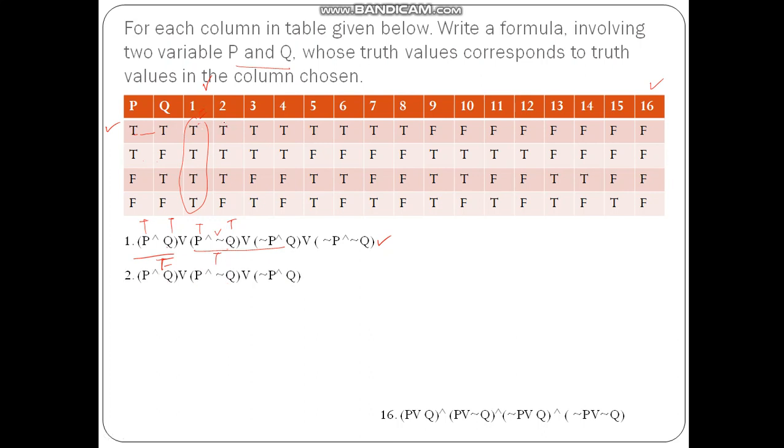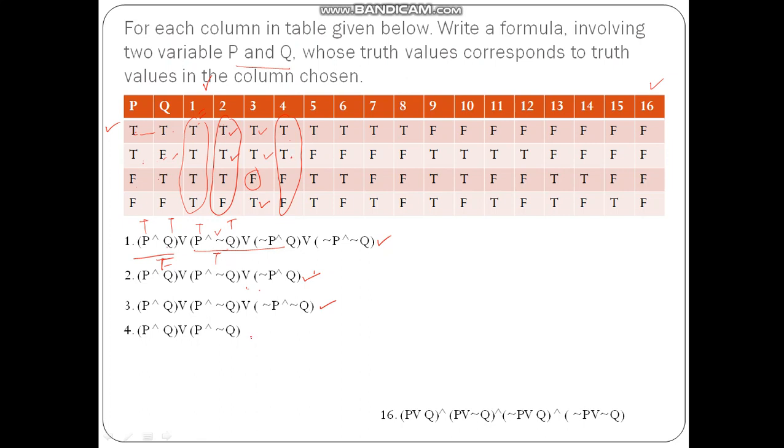The second one is this one. So this is P and Q, this is P and not Q. Whenever Q is false, at that time I am taking it as not Q and P. So this is the second formula. You can consider the truth table for this, and you will get this output. Third one, we have a false here, so P and Q or P and not Q or not P and not Q, that is here. Fourth one is TTFF. So TTFF is P and Q or P and not Q.